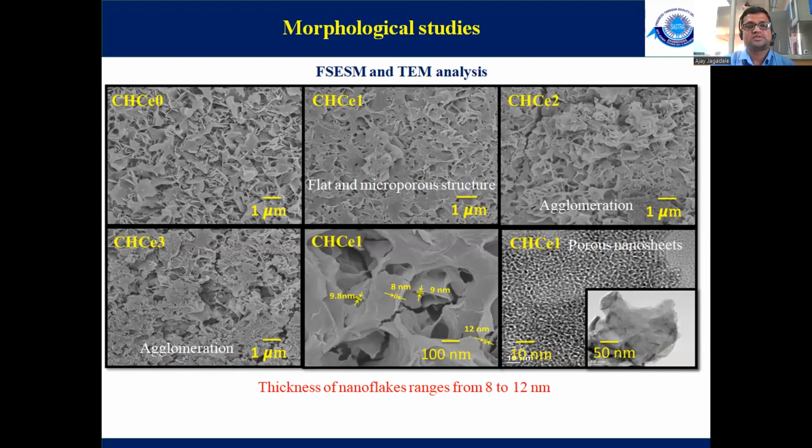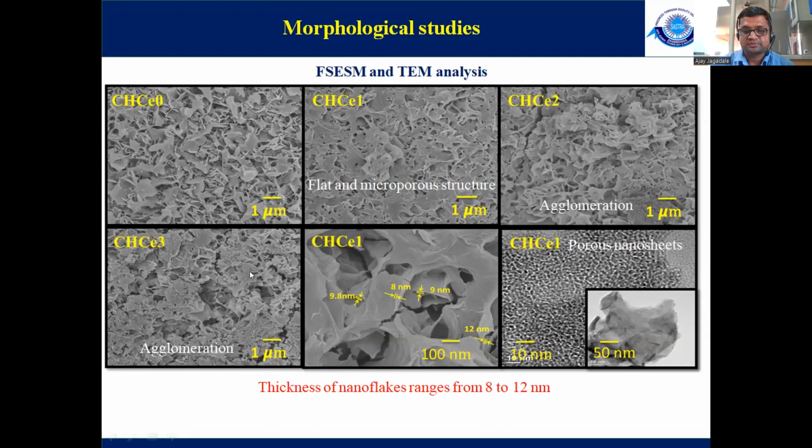So for 1% cerium, if you look at this image, initially nanoflakes were grown in different ways, but when alpha cobalt hydroxide is doped with cerium, they were grown in a horizontal way, and the structure becomes more microporous in nature. And further addition of cerium into cobalt hydroxide, the agglomeration takes place, and a very compact